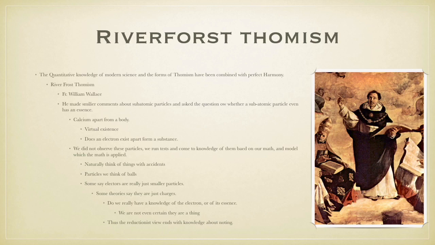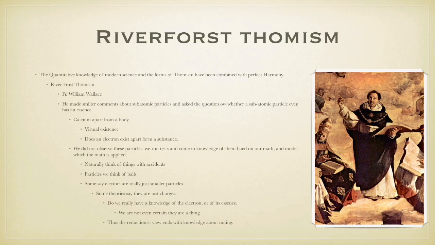Unlike the virtual substances in a man, we do not observe subatomic particles. We do not encounter them with our senses. We run tests with very accurate quantitative tools, and they give us back math. We then combine this math with a model or idea, and we are able to predict how these subatomic particles